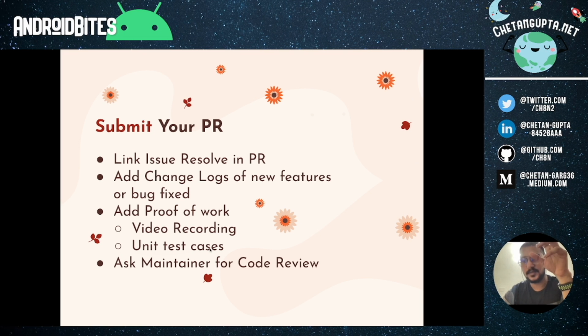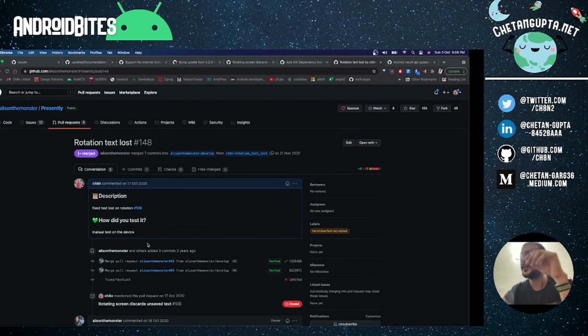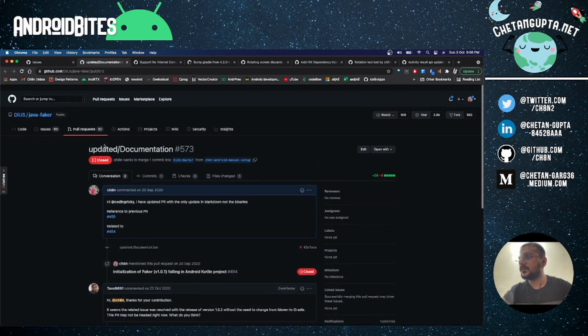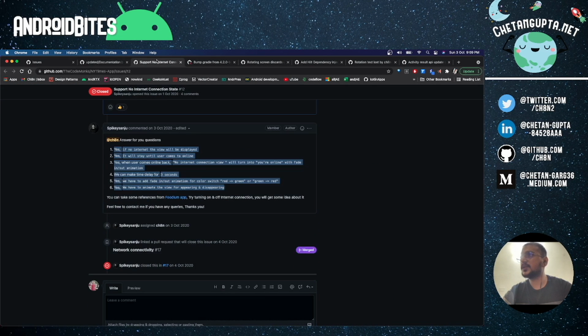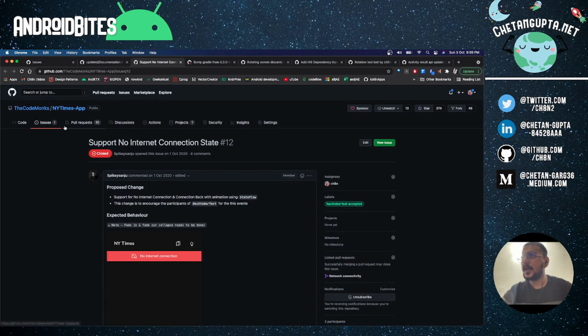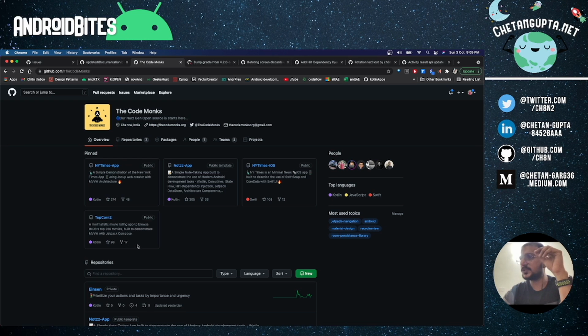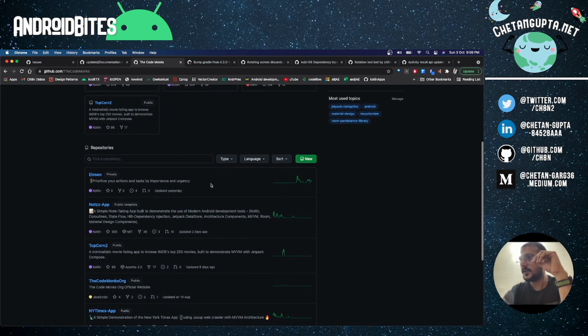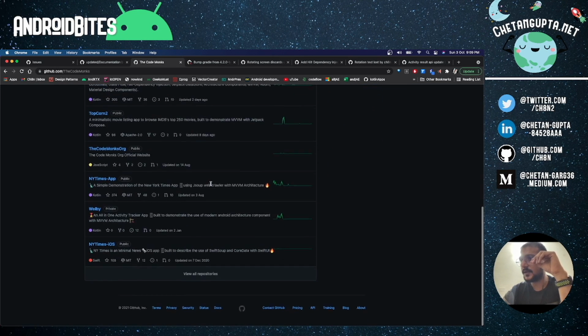If they are not in the repository, what you can do, you can record a video from a screen capturing tool which is showing how you have resolved that issue. Right now if I can show something like that to you, in the CodeMonk repository, there is an Expenso app. Just let me show you that.